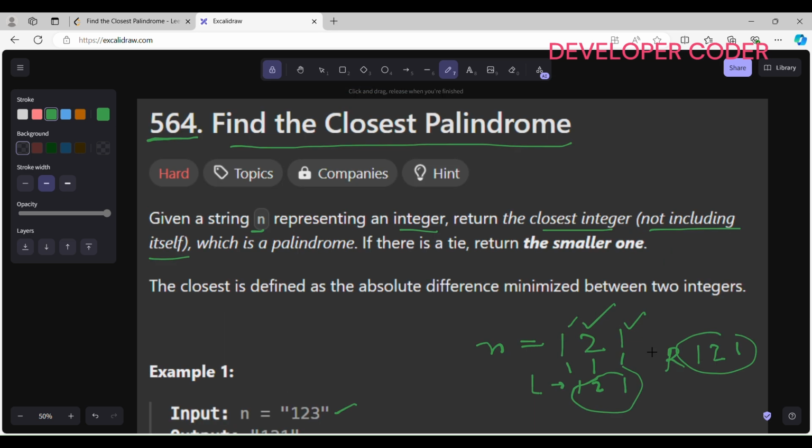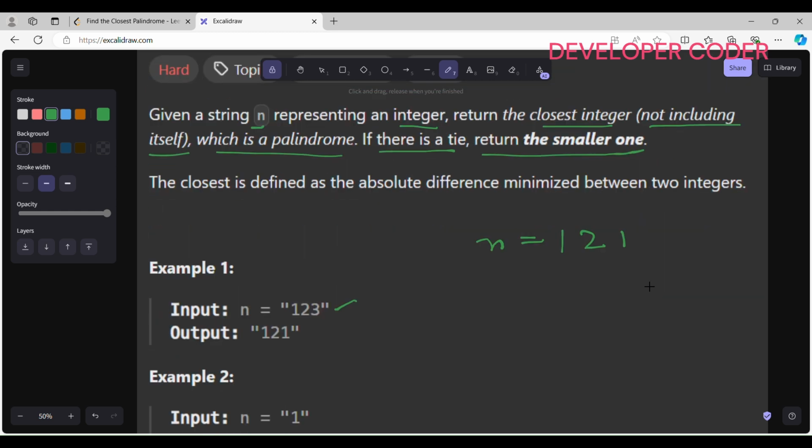So if my n is equal to 121 and this number itself is a palindrome, then I don't need to return it. We have to return the closest integer, not including itself, which is a palindrome. And if there is a tie, then we have to return the smaller one. So let's suppose